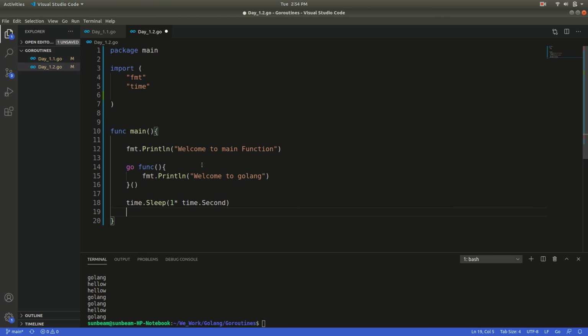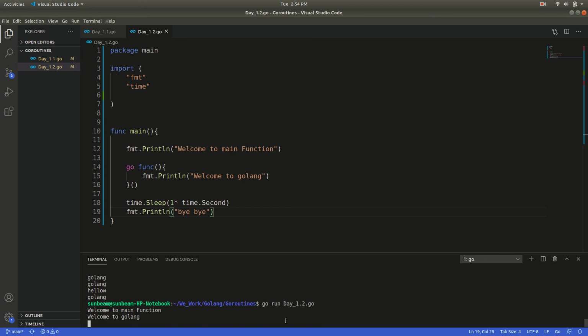Okay, and write bye bye. Okay, now print. Now see the output: welcome to main function, welcome to Golang. This is an anonymous function.